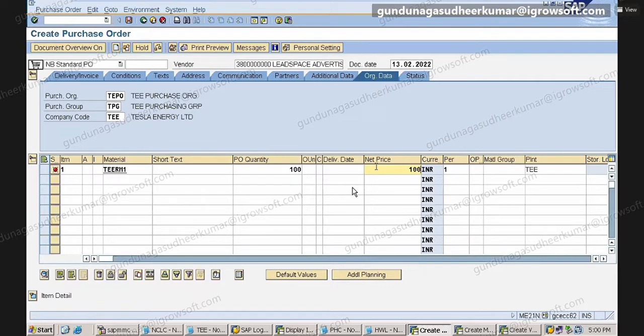So 100 kgs we are buying for 100 rupees. Enter. Storage location, we have to give a storage location. It is raw material, so it will go to RM1. So I want to buy 100 kgs for 100 rupees.